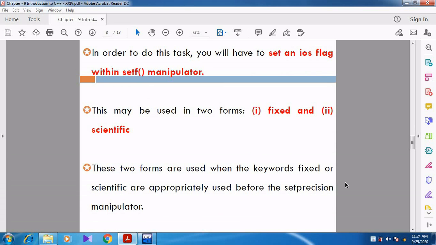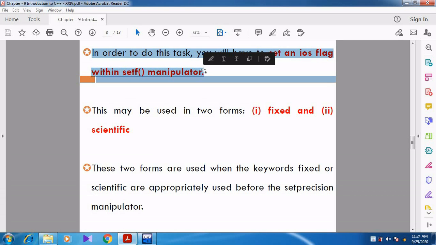For that we are going to use the IOS flag. In order to do this task, you will have to set an IOS flag with another manipulator called setf.